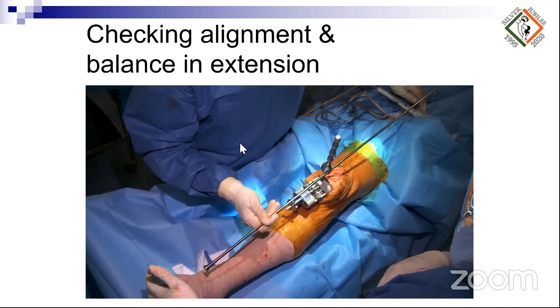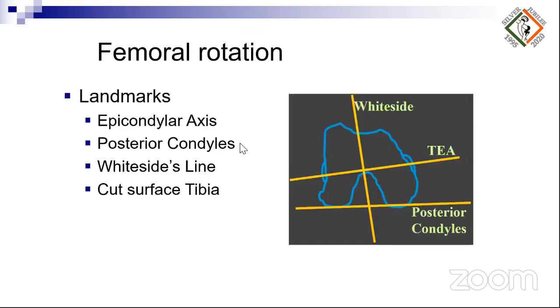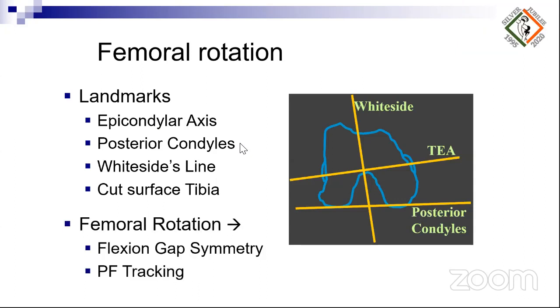Once the extension balance is sorted out, you then turn your attention to balancing in flexion. The way this is done is by determining the femoral rotation. Usually the landmarks that we use for femoral rotation are the epicondylar axis, the condyles, the Whiteside's line, and the cut surface of the tibia. The effect of this rotation is actually on the flexion gap symmetry and patellofemoral tracking. But unfortunately,